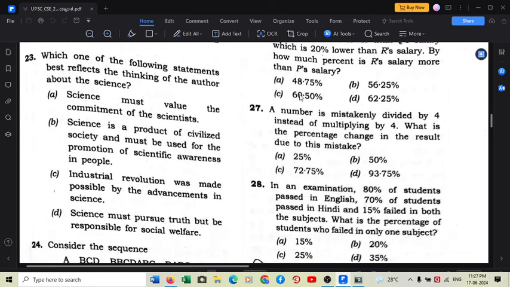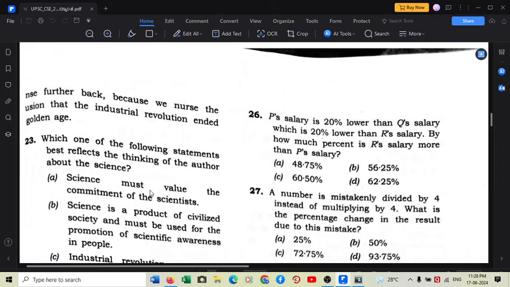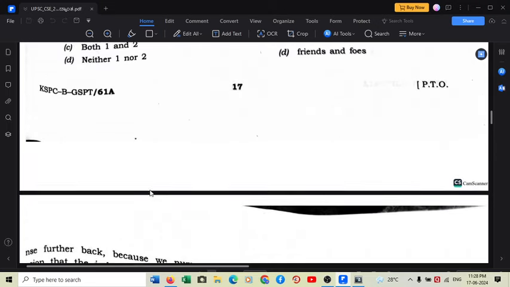Industrial revolution was made possible by the advancement in science. This is also a correct statement, generically correct, logically and theoretically correct, and this is the reality, but again, not the thinking of the author. Science must pursue truth, but be responsible for social welfare. Yes, so option D is the right answer. I'll tell you how. If you look at the passage,